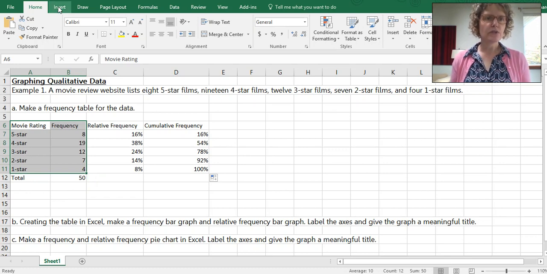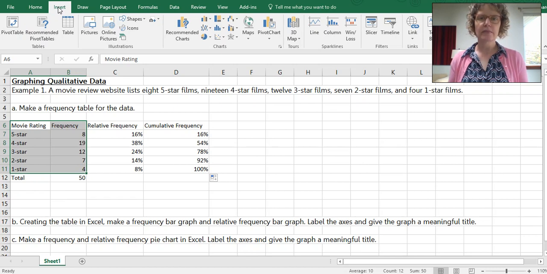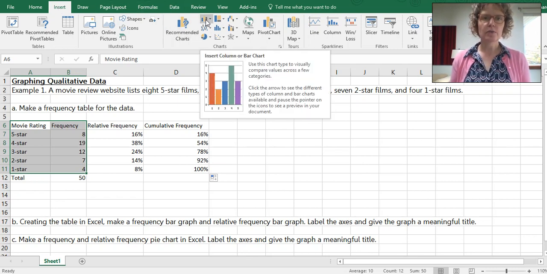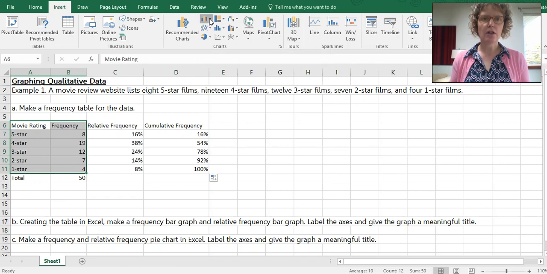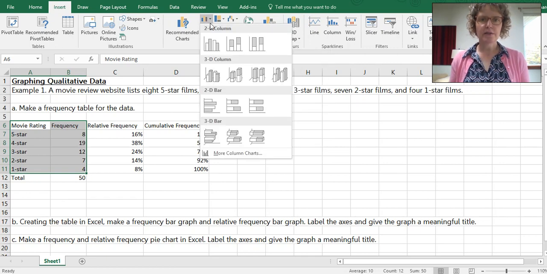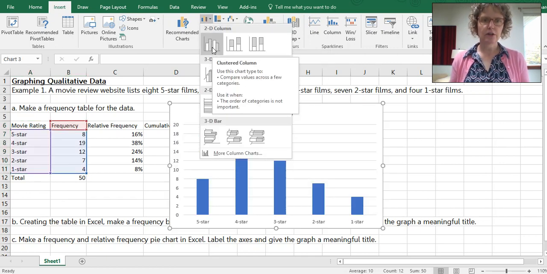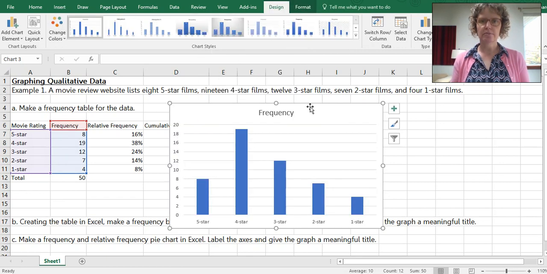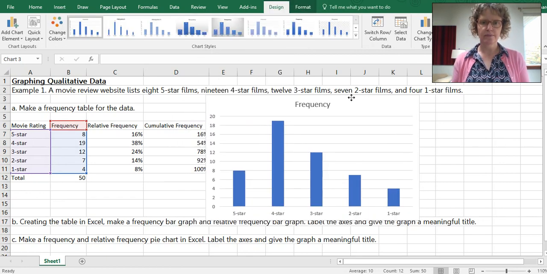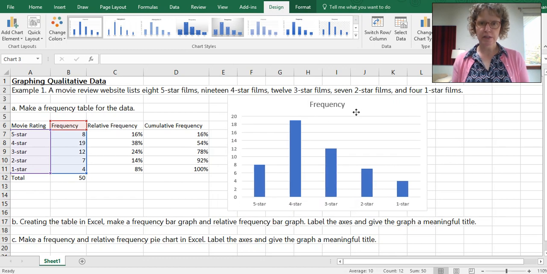Then we want to go to the Insert tab. So click on Insert. And be sure you're doing this along the same time. You can pause the video, go back and forth. Over here, I see what looks like a bar chart. Insert column or bar chart. And we've got lots of different options. I'm going to go with the standard column chart like that. You can make it bigger or smaller. I'll just make it a little bit smaller to fit in here.